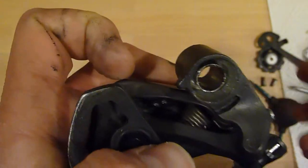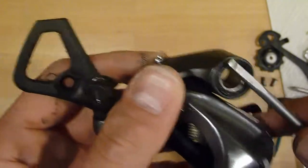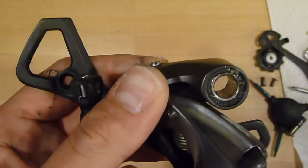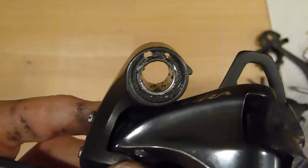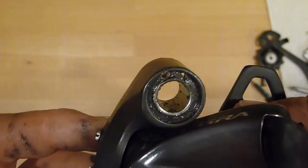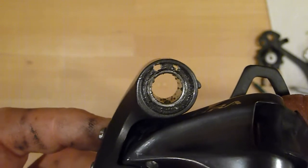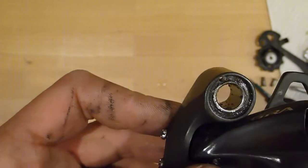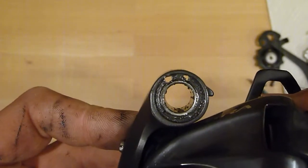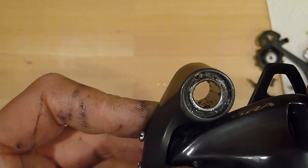Pull off the bolt, and what you see here, we can, for instructional reasons, pull off that O-ring too. What you see here are two holes. The second one is the one I already drilled into this derailleur before. So imagine if you disassemble a brand new derailleur, there would be only one hole, and this would be that to the right if you look at it from this side. So the second hole, which gives you the possibility to increase the tension of that spring, must be